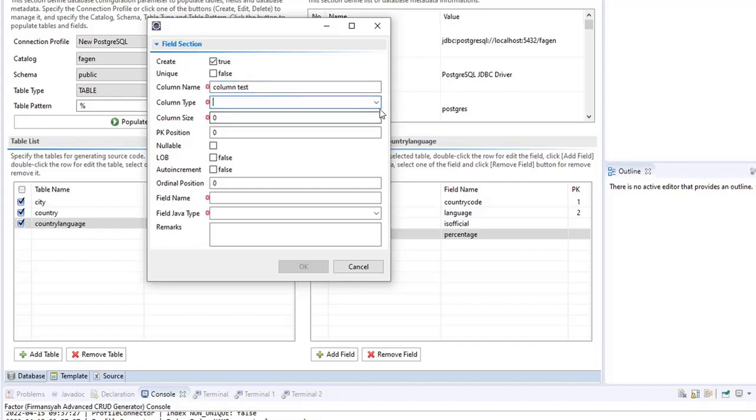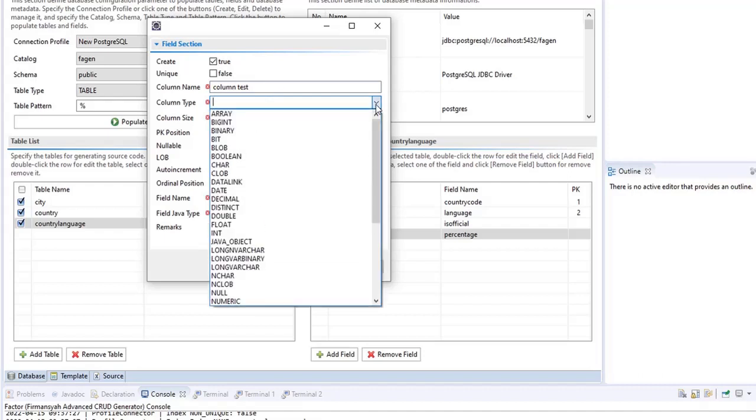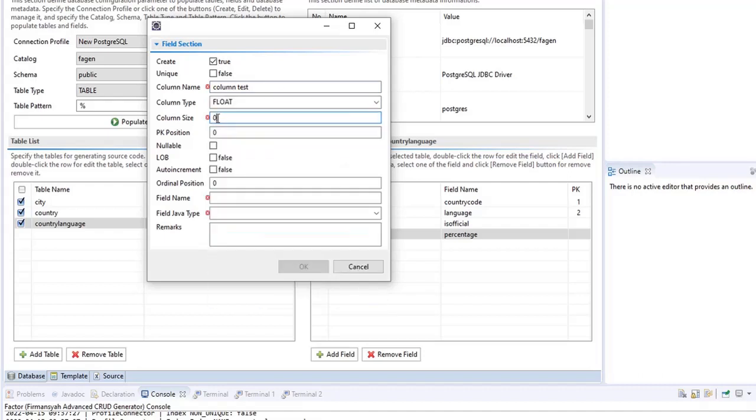For the column type, you can choose any of these options. This is the primary key position. You can make it a 0, and then this is whether this column is nullable or not.